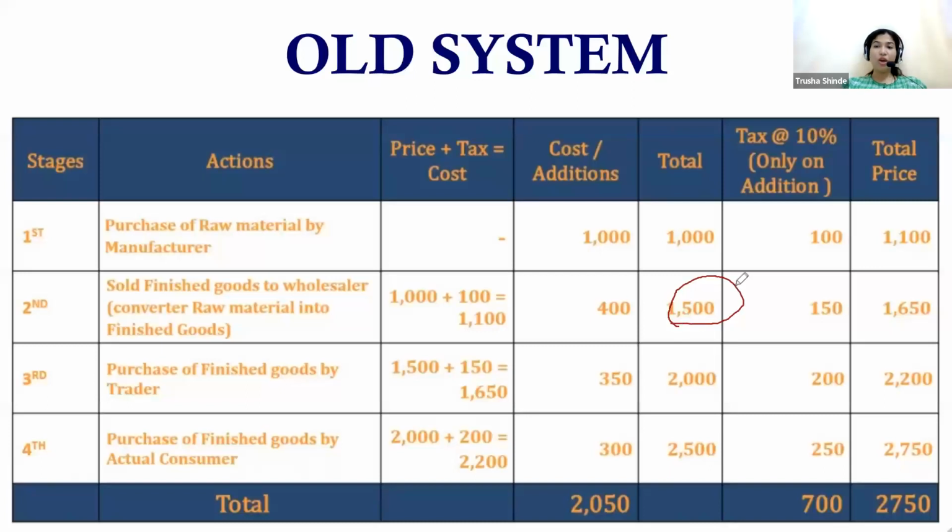Okay, where the price was already rupees 1100, the tax was included in it. That is the amount 1650. Later this finished good was purchased by the trader, the trader and retailer purchased it from the wholesaler. Now for the trader, that 1650 the wholesaler is going to consider, because whatever cost he has got, that particular cost,